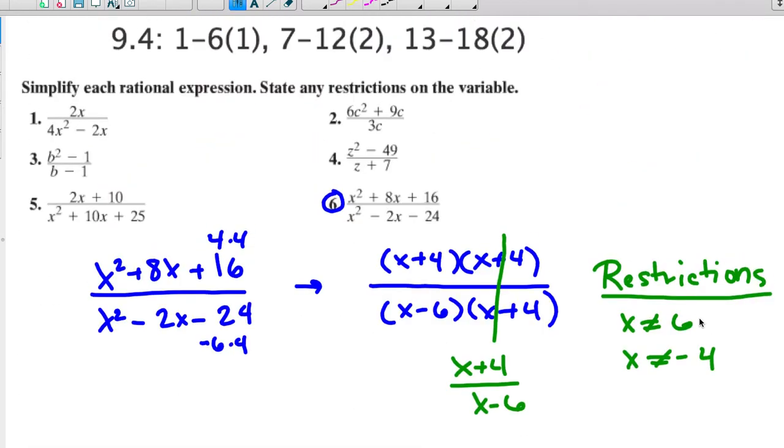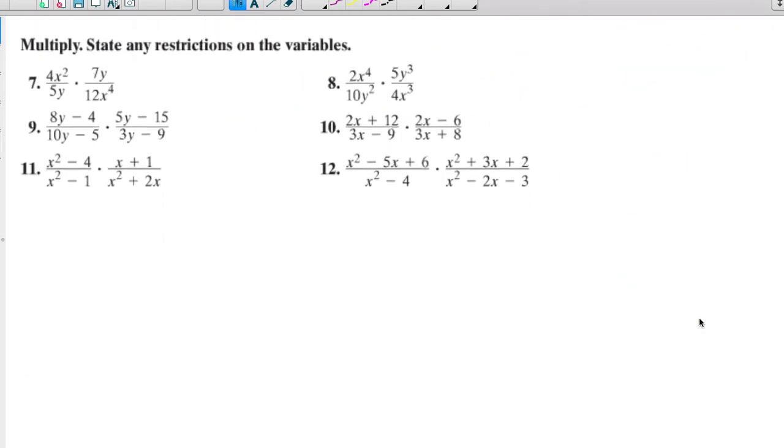For 7 through 12, there are 2 questions from here, and that is multiplying and then stating any restrictions on your variable. So let's take a look at